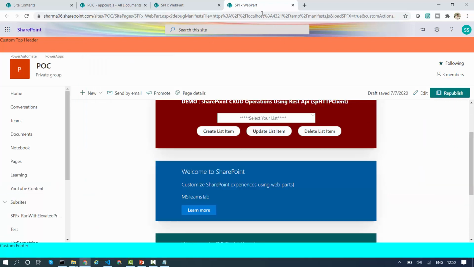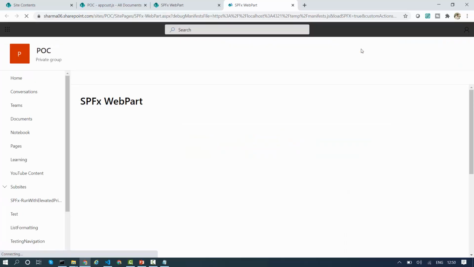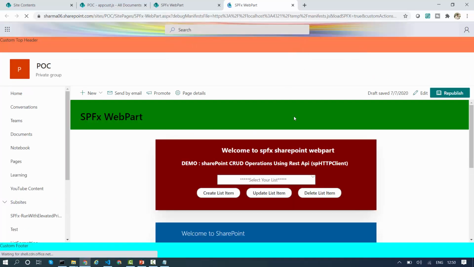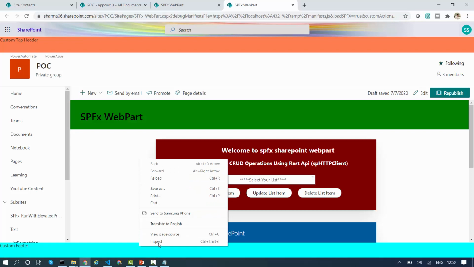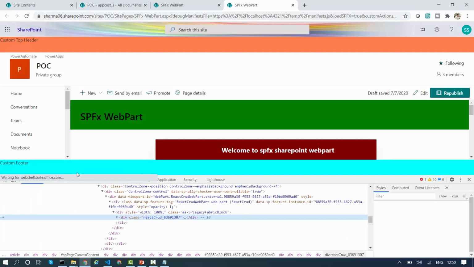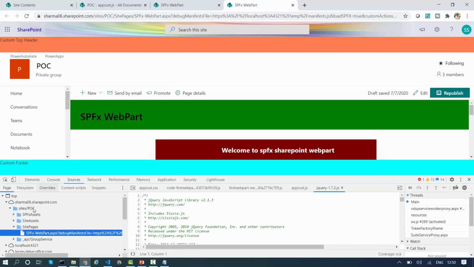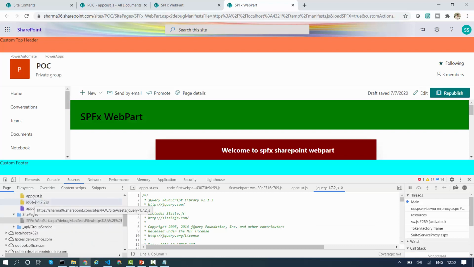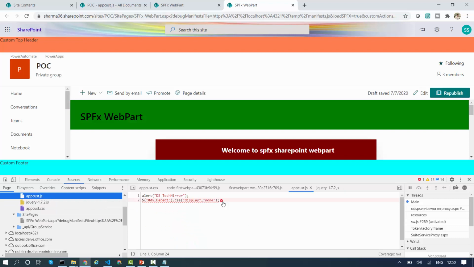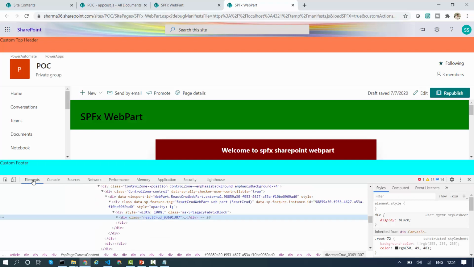Before that, I will try to refresh my page once again, because sometimes it is a cache issue. Yeah, it is not working. So let's see. I will go to the sources, and over here you can see now my JS files will already be present. So you can see these two files are already present, and over here you can see dollar is not defined. That means our script tag, that is my jQuery reference, is not added to the page successfully. There is some error.